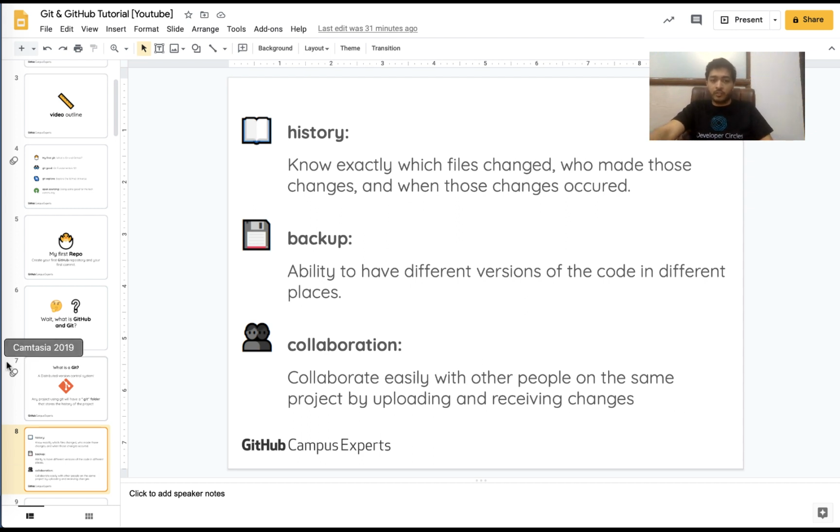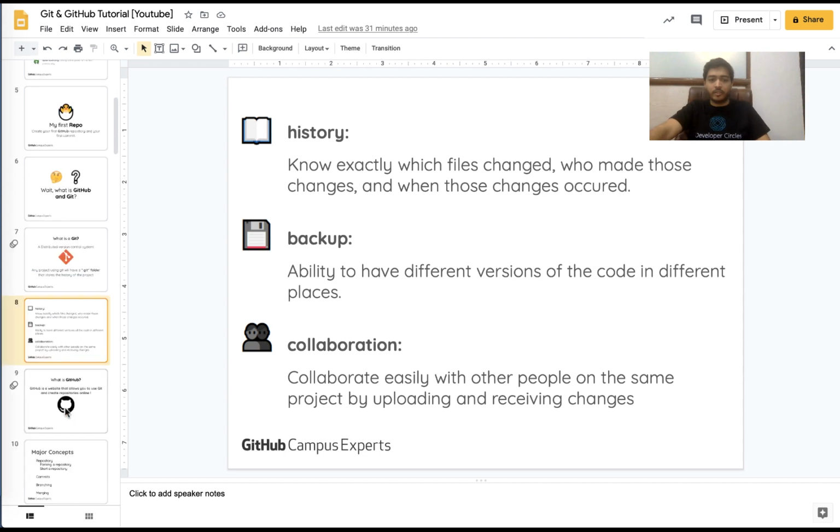Because of all those features, you can easily collaborate on Git. So it's a lot more optimized, a lot more efficient to use Git instead of actually giving files to other people by zipping them and sending them over email or even giving them over a USB drive.